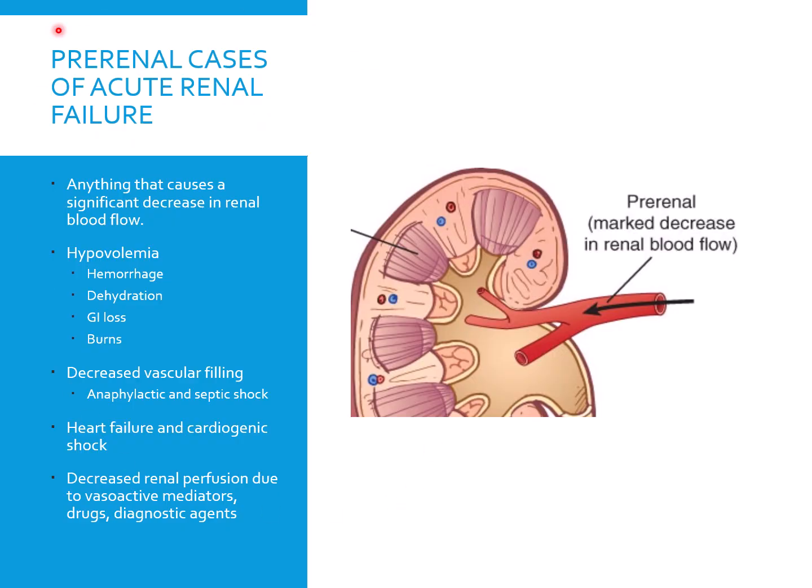So we'll start with some of the pre-renal causes of AKI. So again, pre-renal are anything that causes a marked decrease in renal blood flow. So here you can see the renal artery supplying blood to the kidney itself. If anything disrupts the normal flow of blood into the kidney, we can get a pre-renal AKI. Okay. So one major cause of prerenal AKIs is hypovolemia, anything that causes a significant drop in circulating volume throughout the vascular system. So some significant causes of hypovolemia may be things like massive hemorrhage, significant dehydration, any significant water loss to the GI tract, or any significant water loss that we see through the skin surfaces,